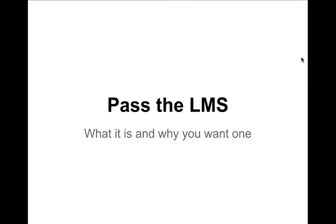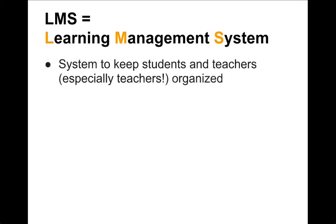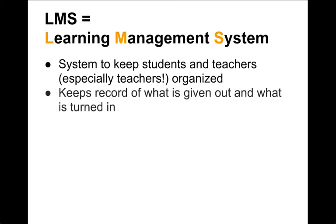We're going to discuss LMSs. So what is it and why do you want one? LMS stands for Learning Management System. This is a system that you can use to keep students and teachers, but especially the teachers, organized. It's going to keep a record of what is given out to your students via the LMS and also what